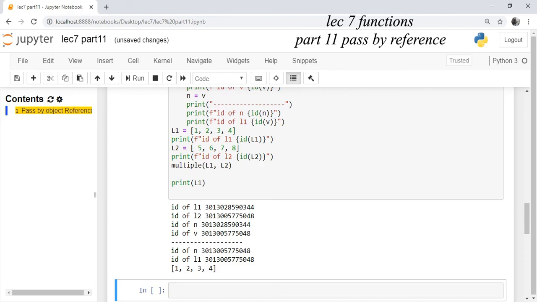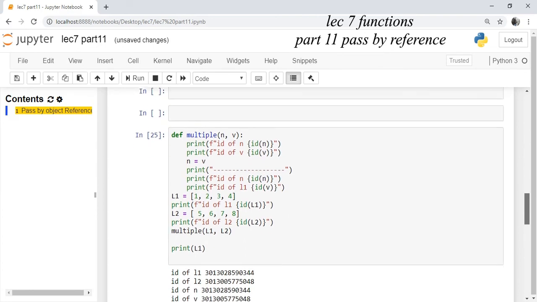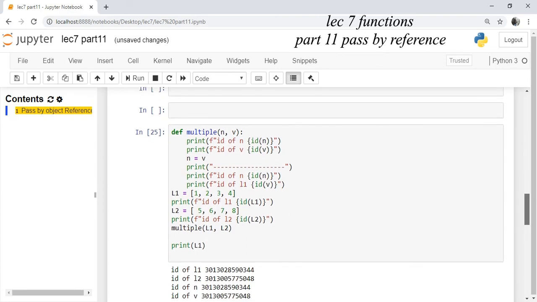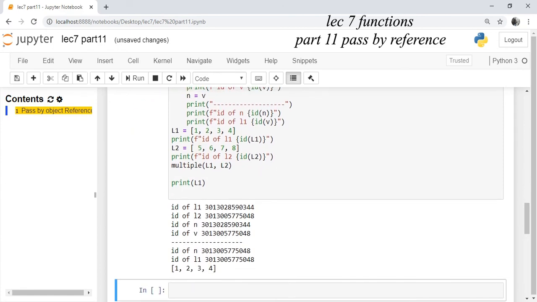Now when you assign the value of v to n, what happens is that you are copying the reference of v in n, meaning L2 in n. Now n is not pointing to L1, n is pointing to L2, meaning the reference is changed.